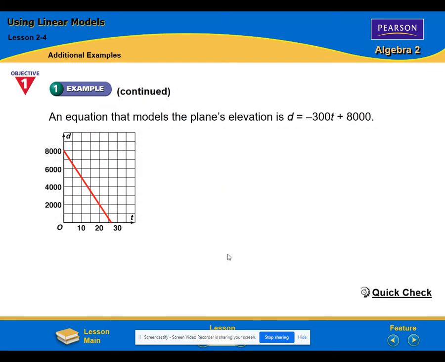Let's take a look at their graph. Here's that y-intercept of 8,000, and interesting, the scale that they chose. You wouldn't want to go by ones here, and you certainly wouldn't want to go by ones here. You're never going to get to 8,000. So they made a wise decision here to go by thousands: 1,000, 2,000, 3,000, 4,000, and then they graph